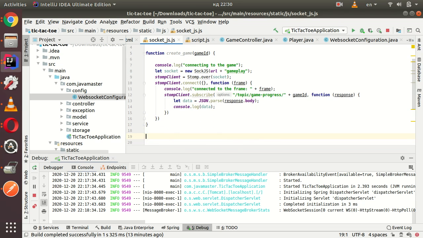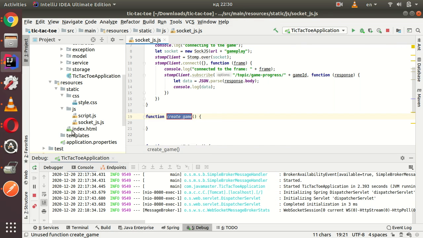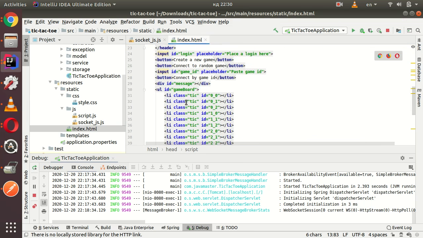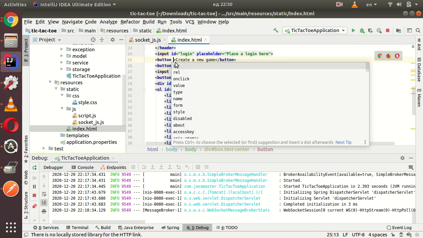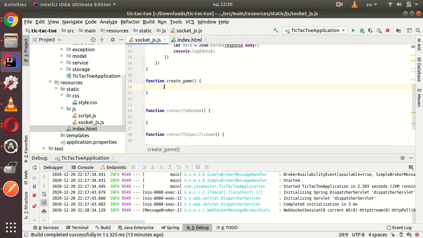So now a function, let's call it connect to socket, and let's create a function create game and place this function on click for this button. Create a new game, on click create game. So when user clicks on create game button, he just navigates to this function, and this function is going to get the user login